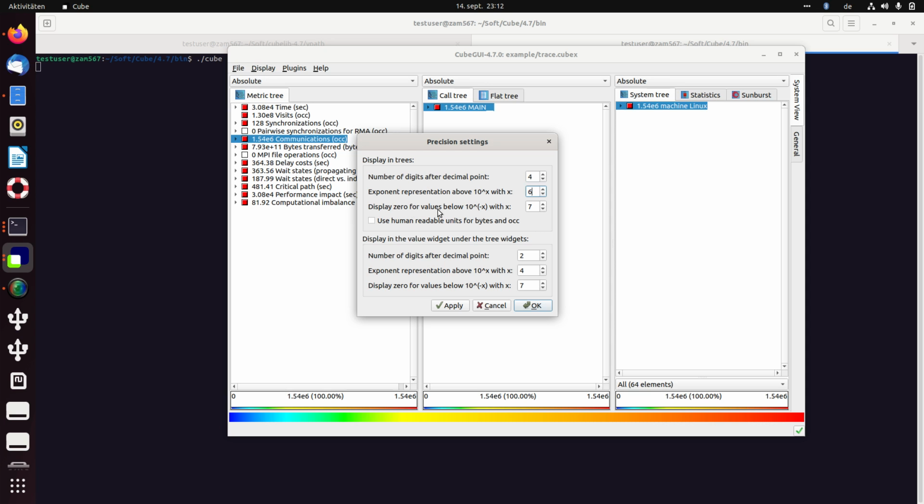Display 0 for values below 10 to the power of minus x, where x is 7. So every number which is lower than a tenth of a micro something will be just displayed as 0. It doesn't mean that the 0 is stored in a cube file or has been measured. It is simply that the GUI doesn't display such small numbers because they are not relevant in practice. Nevertheless, let's